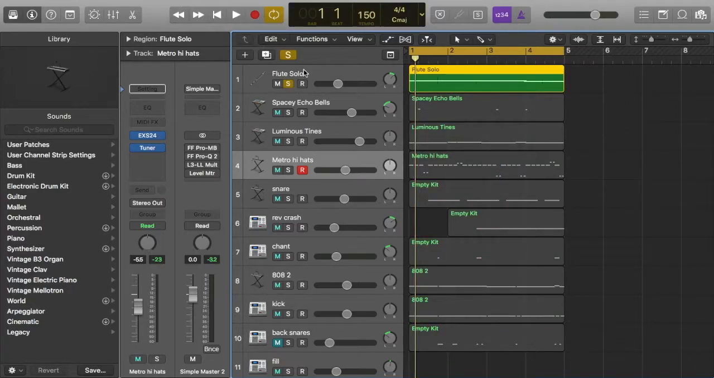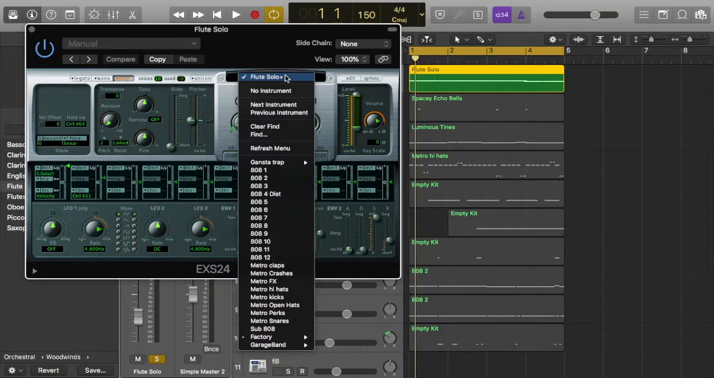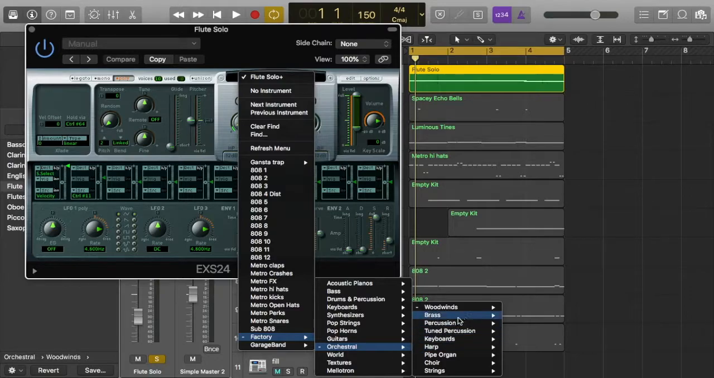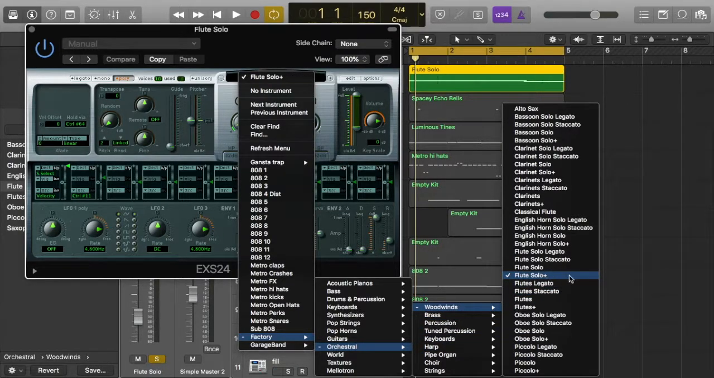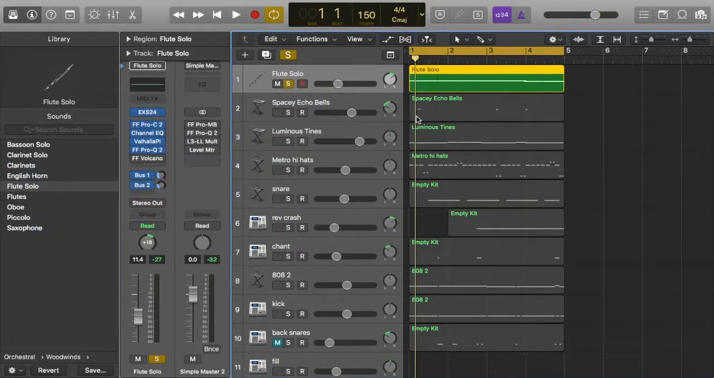You go to your EXS24 and there's a flute solo. There's different types of flutes. I chose the flute solo plus. And it's a great sound, so